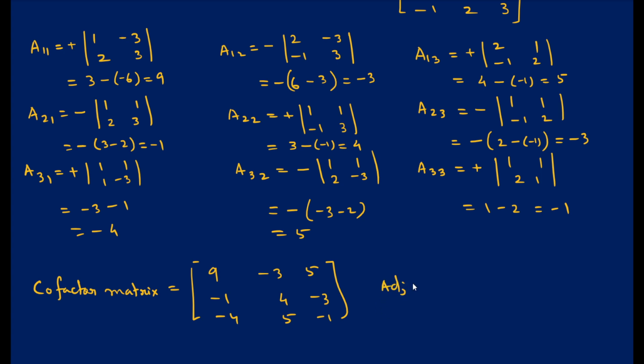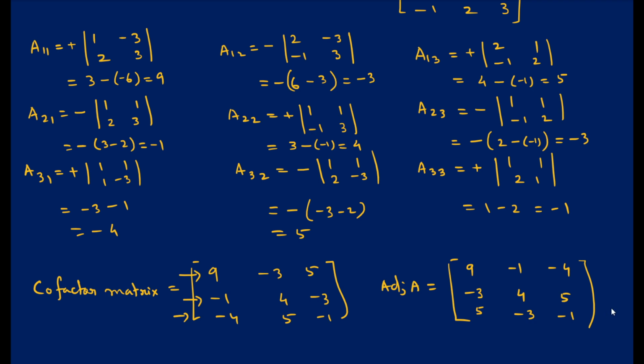So what is adjoint matrix? So adjoint हम लोग कैसे निकालेंगे? We have to take the transpose of the cofactor matrix. So जो cofactor matrix है उसका transpose लेना है. Transpose मतलब रो और कॉलम को इंटरचेंज करना है. So जो पहला रो था उसे हमें फर्स्ट कॉलम में लिखना है, 9 minus 3 5, एंड देन जो सेकेंड रो है उसे हमें सेकेंड कॉलम में लिखना है, और थर्ड रो को थर्ड कॉलम में. ठीक है, रो और कॉलम को इंटरचेंज करना है. So you are getting a new matrix. So यही क्या है? This is the adjoint of the original matrix. तो क्वेश्चन में जो मैट्रिक्स दिया हुआ था, we are finding the adjoint of this particular matrix.